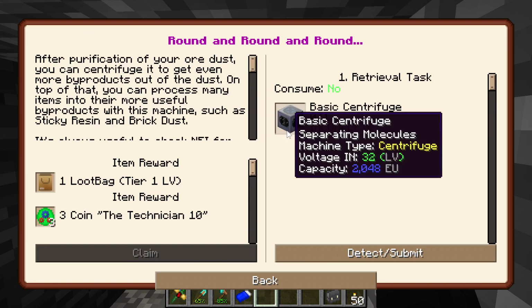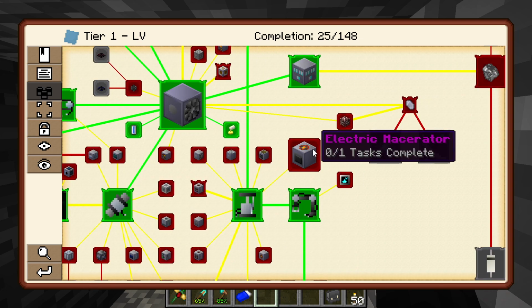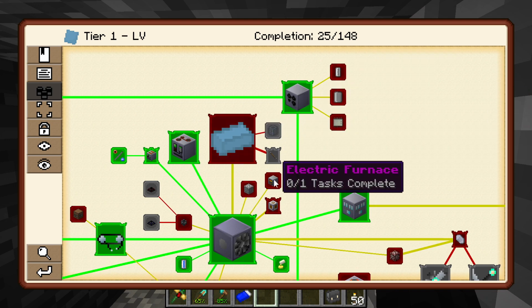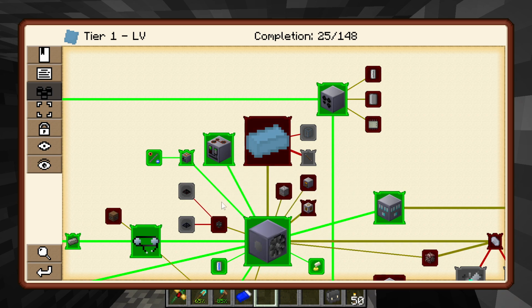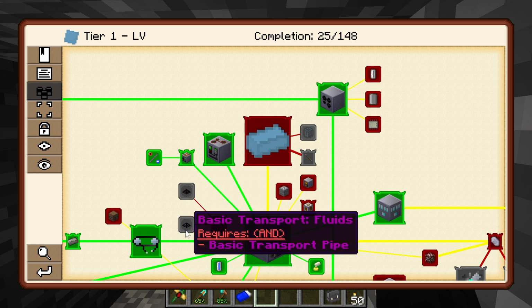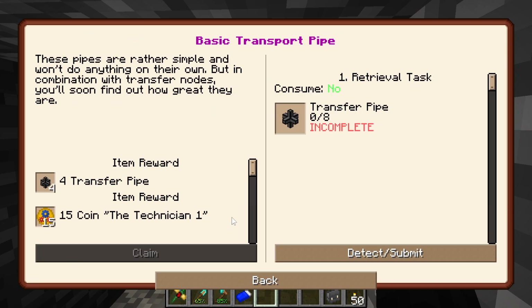God only knows what that is. A basic centrifuge. Nothing to do with power generation. I can't see where power generation is. Basic transport pipes. Interesting. Okay, that might be basic transport fluids, basic transport items, basic transport fluids. That could be,